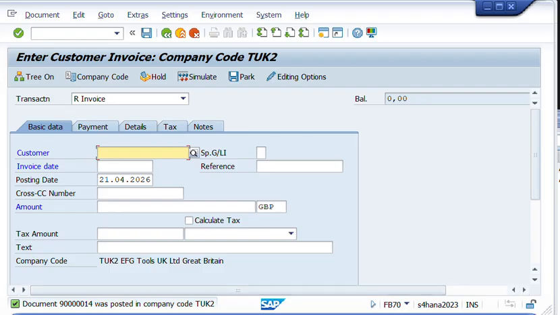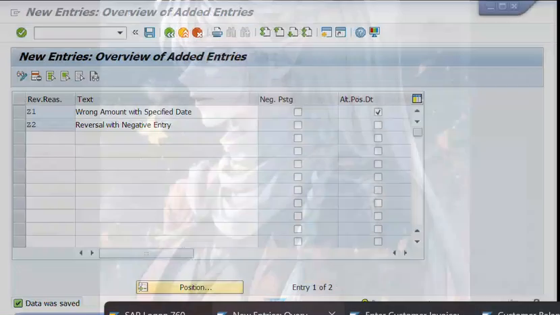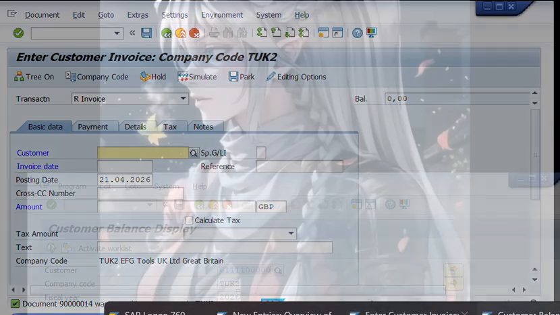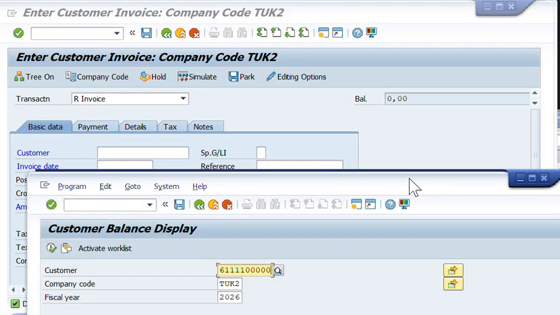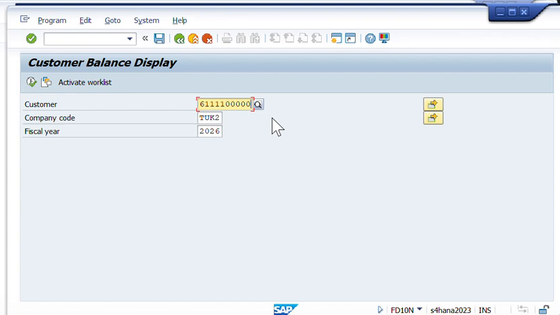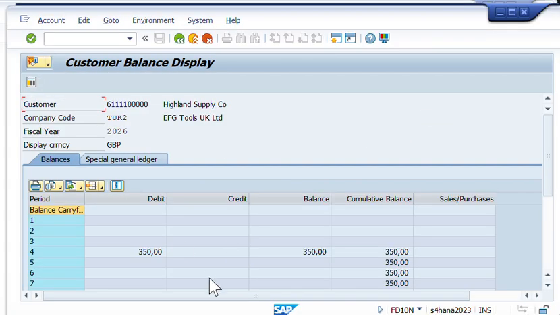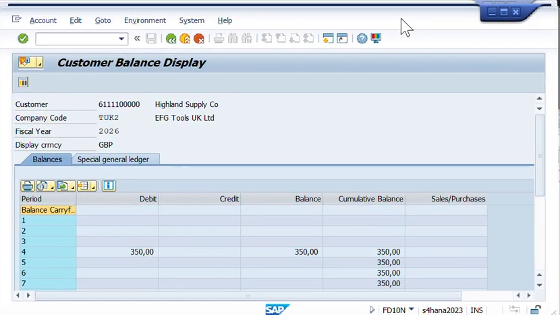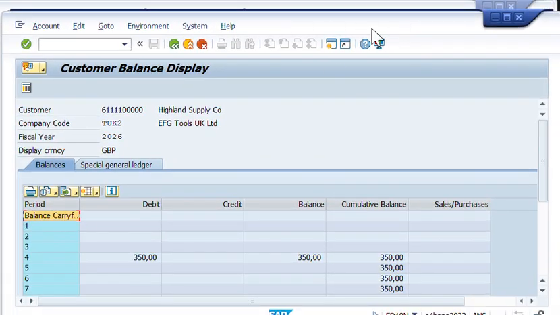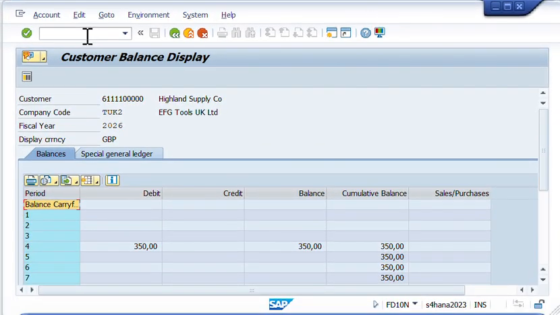Let's go to our other window. Not that one. This one. Let's go back here and execute and check that our transaction has been properly recorded as debit and we have a debit balance. We will now reverse the entry. But before that, let's also check in